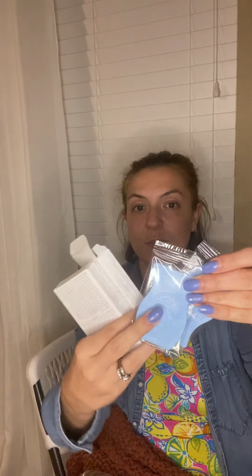And then I got the 2 packs of dryer bars, and each pack comes with 2, so it's 4 in total. And I've been told that depending on the scent that you choose these in, one of those individual